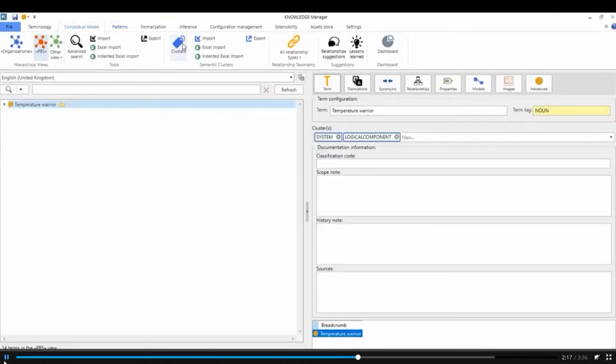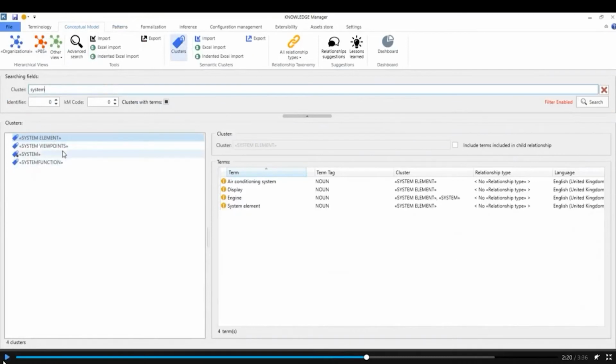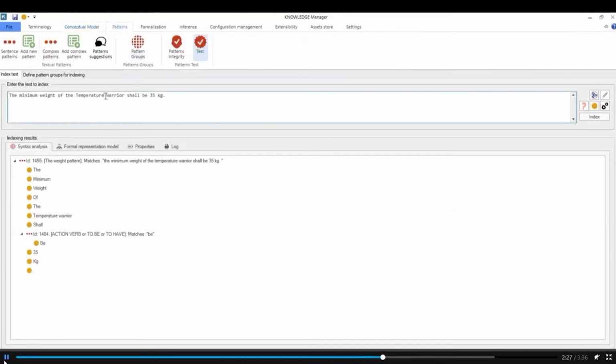And actually, let's try to go to this cluster system that I've shown you, that I've talked to you a lot around. And you'll see that different words belong to this cluster, such as element, engine, and temperature warrior too. So by establishing that cluster restriction and that slot,